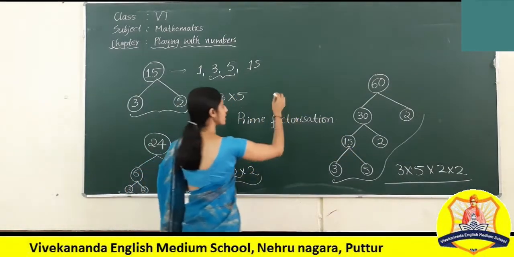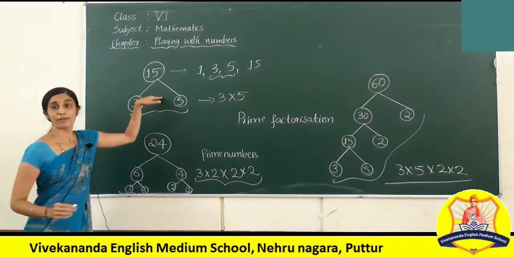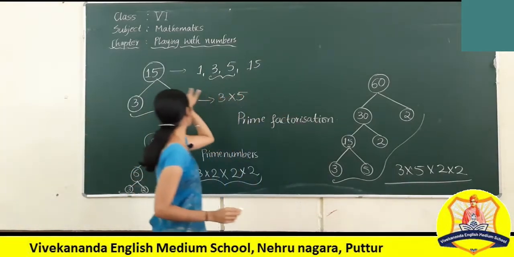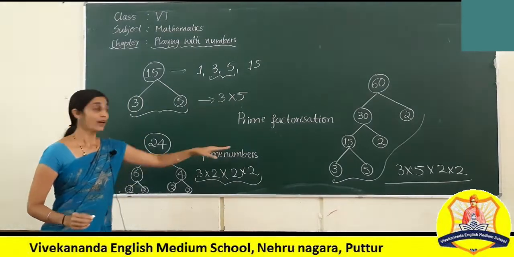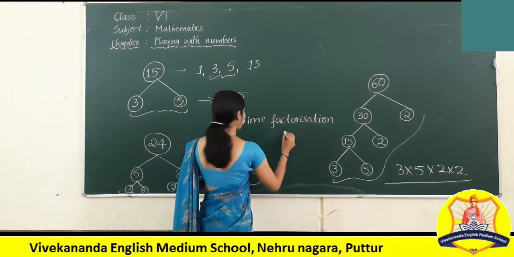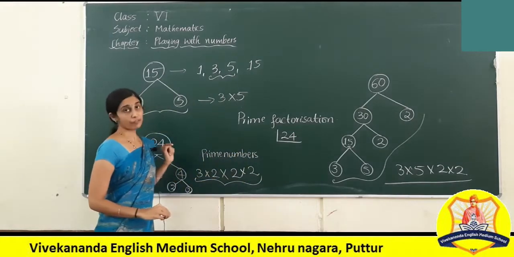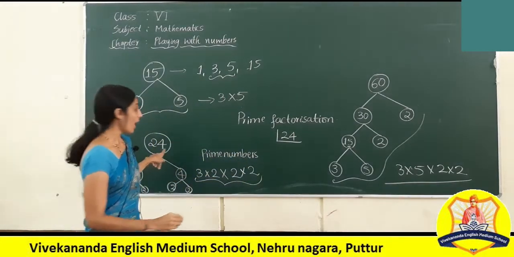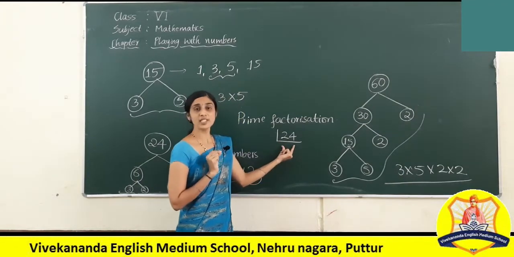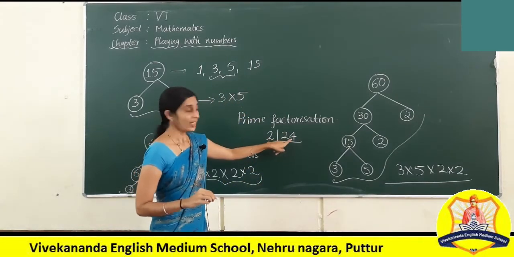I can express this in the other method. This method we call it as factor tree. Okay, this method we call it as expressing a number with the help of factor tree. One more method, I can express the given number. 24 I'll take. If I take 24, same number, I should try to divide it with the least prime number. Which is the least prime number? Okay, 2 is the least prime number. Right? Yes, it is possible.